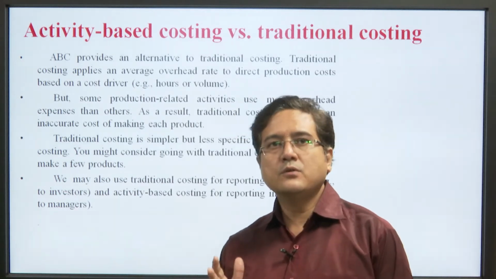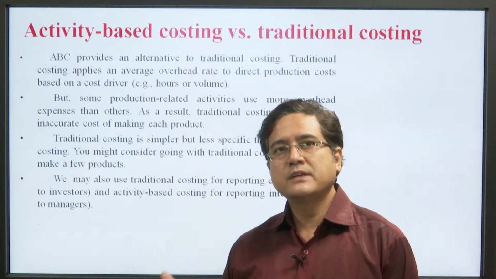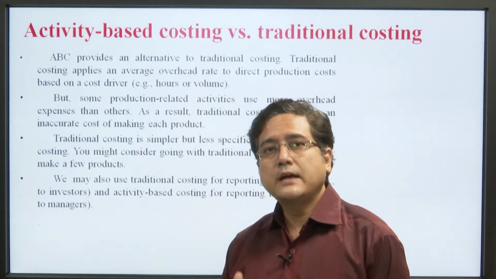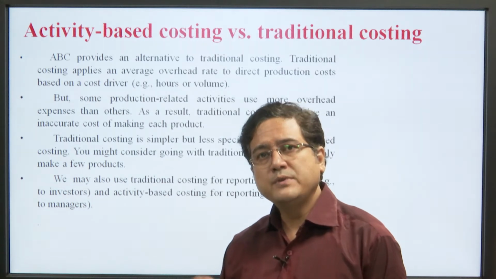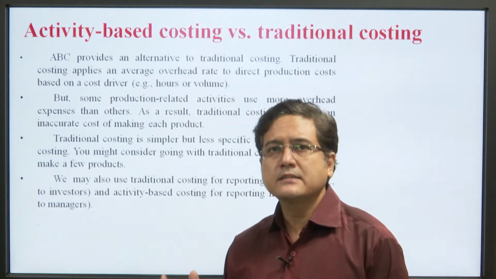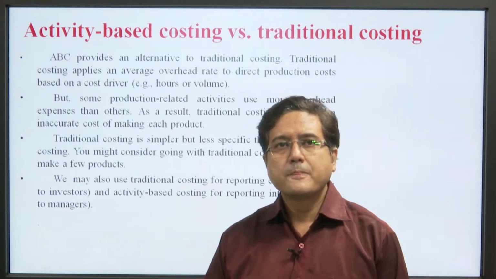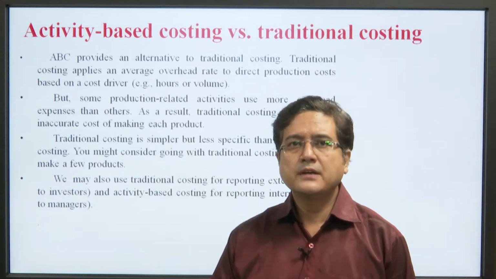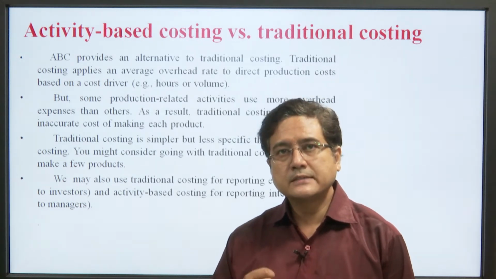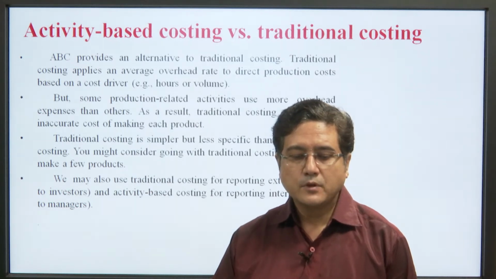So, the traditional costing approach has nowadays changed to activity based costing, where we try to do the costing of each and everything minutely. We understand and analyze the things, and do the costing accordingly. But some production related activities incur more overhead expenses than others. As a result, traditional costing can give inaccurate costing of making